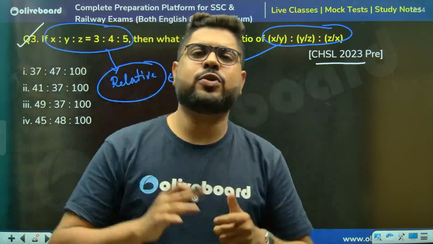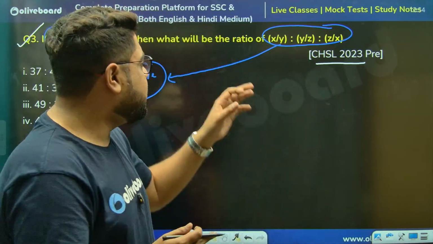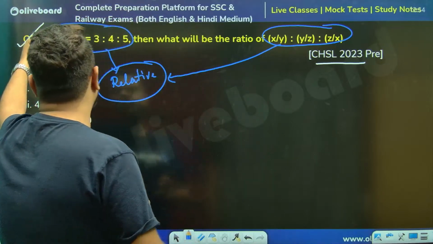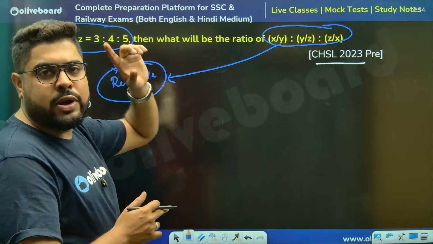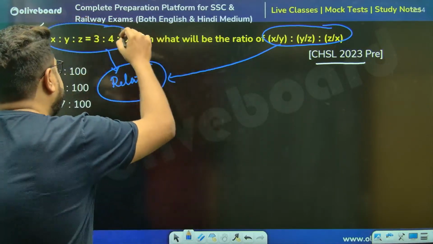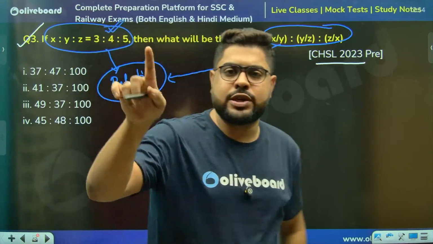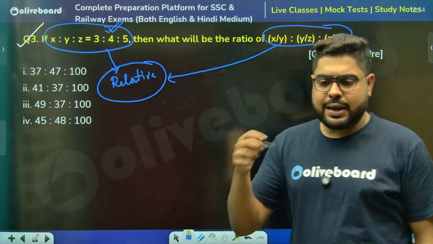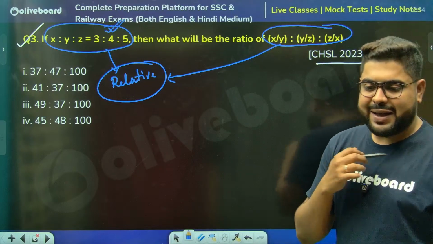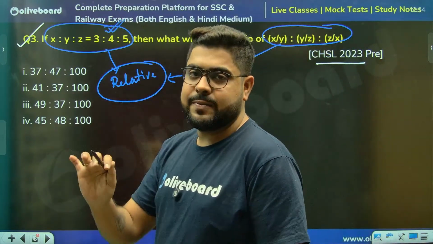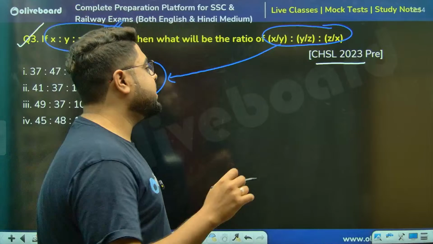I do not need to take anything in particular. What I'll take as the values of x, y, and z, the only thing I need to keep in mind is that this condition should be satisfied: the ratio should remain 3, 4, and 5. Everything else is in my hands. In questions also, remember,